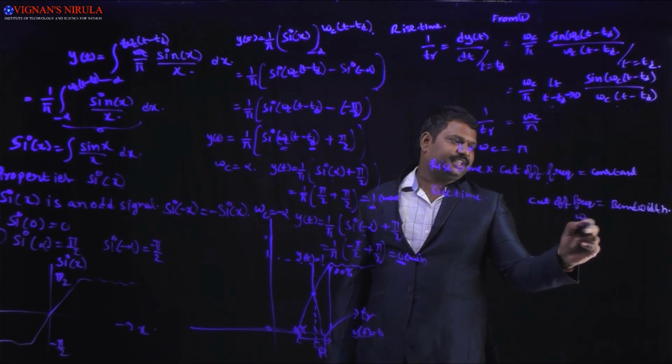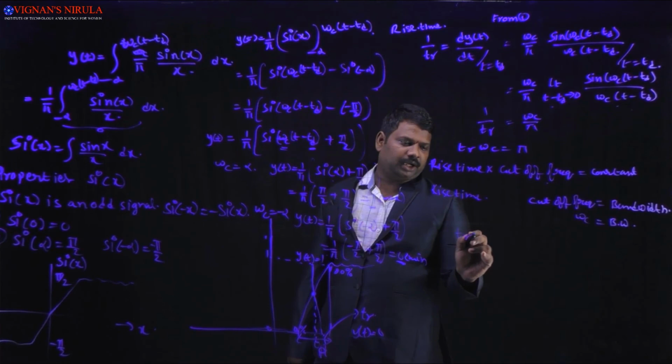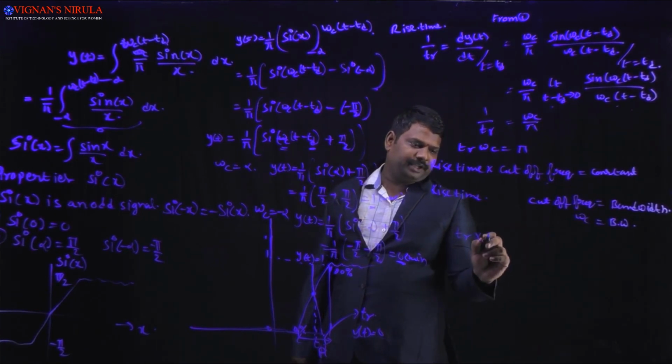That's omega c is itself our bandwidth. Therefore, the rise time TR into bandwidth